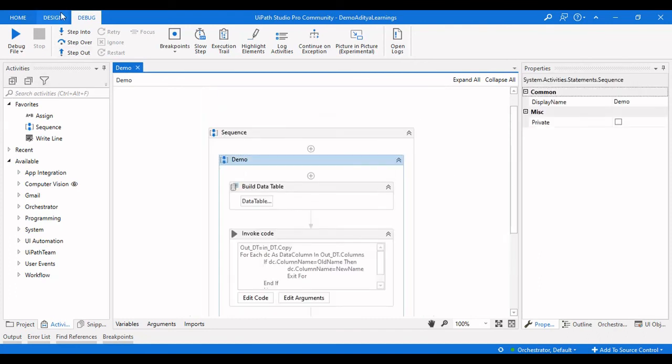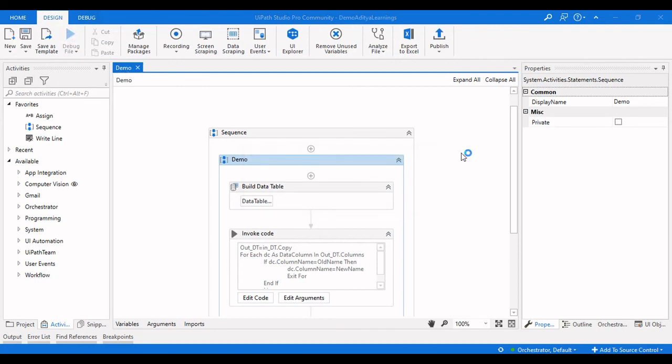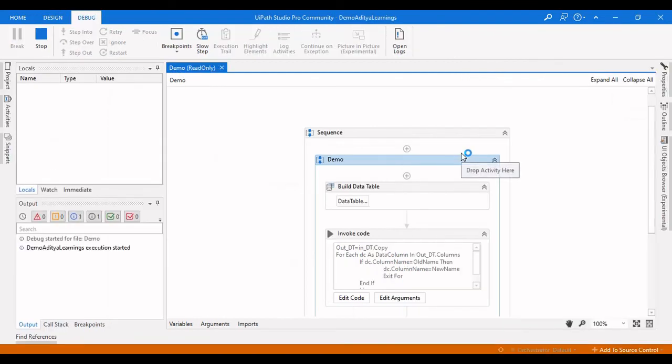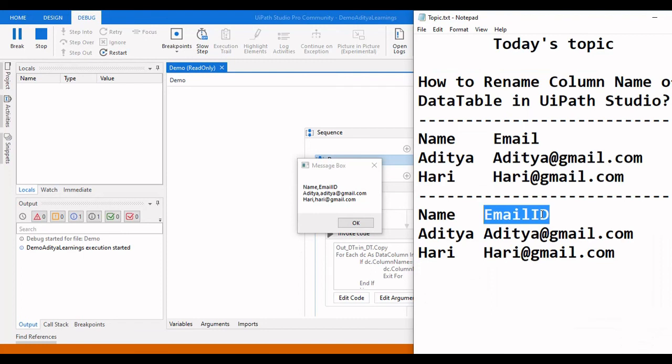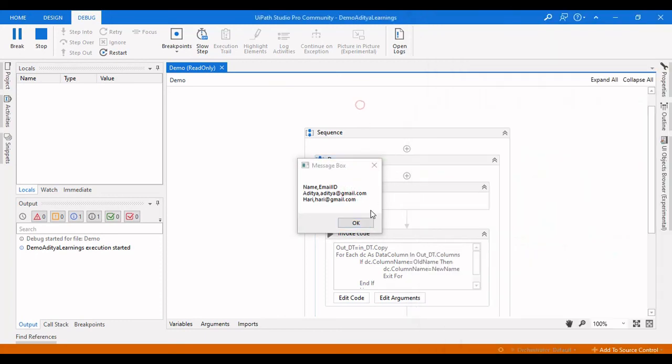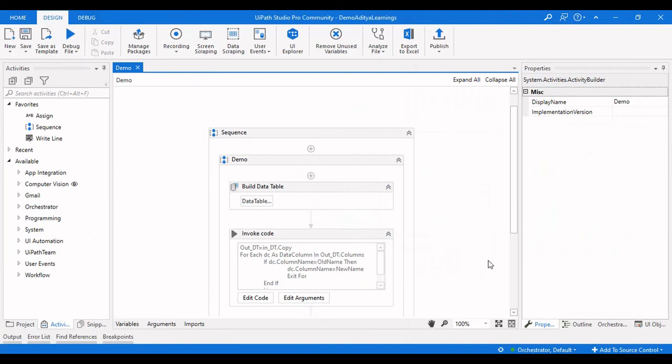Now it will execute this. So this is how, if you face any errors or if you are missing any step, go to debug mode and just see which step is failing. Here it is email, and now we can see it is name and email ID, and this is how you change the column names in UiPath Studio by using VB.NET code.